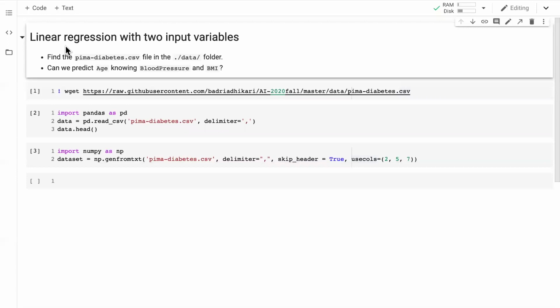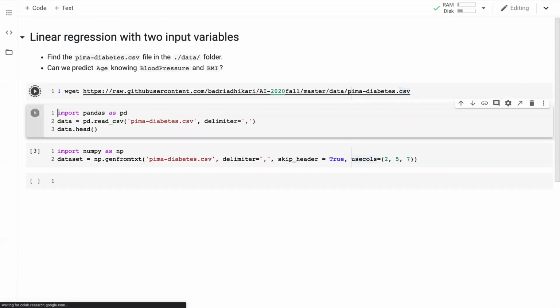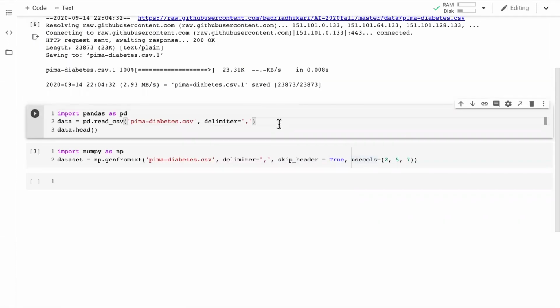In this video, I'm going to discuss how to perform linear regression with two input variables. Once again, we will use the PIMA diabetes dataset. And the question that we would like to ask here is, can we predict someone's age knowing their blood pressure and BMI? So as usual, I'm going to download the dataset and then load the data using pandas and observe